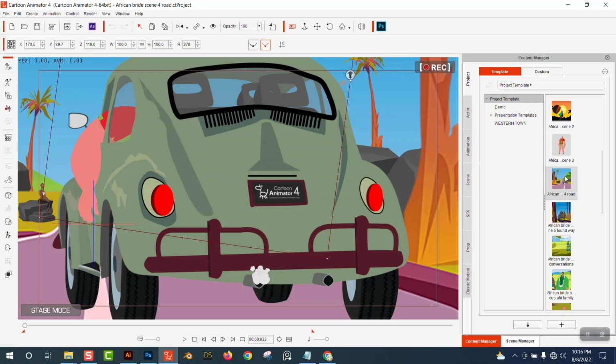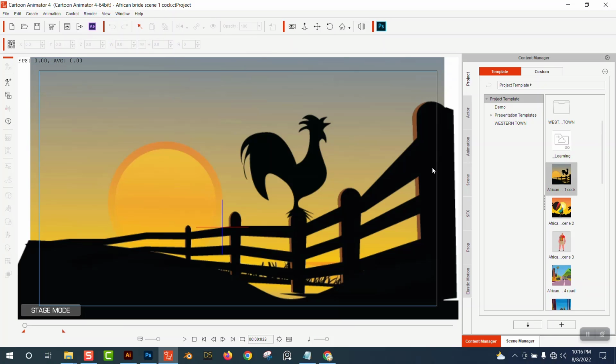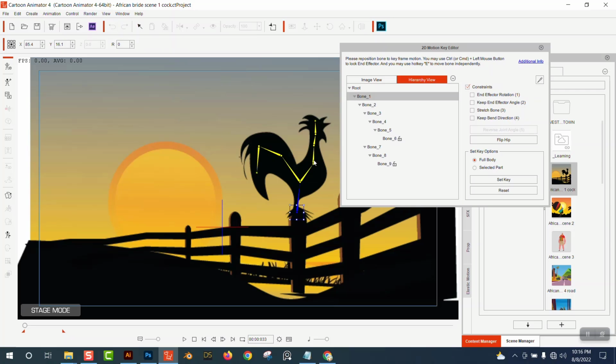Okay, so I'm going to launch another one. So like the cock scene, I launched that now. Here is the cock, as you can see, and if I press the K, or if you bring your cursor to the 2D motion key editor and you click on it, it's going to show the bone that I created on the cock, which I used to animate it. So as you can see, this is the bone I created for the cock,